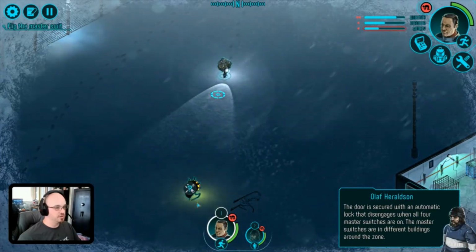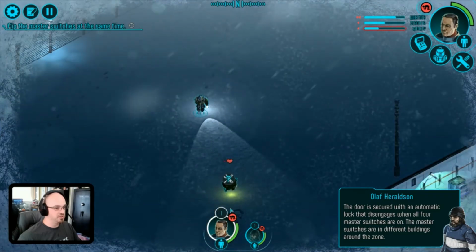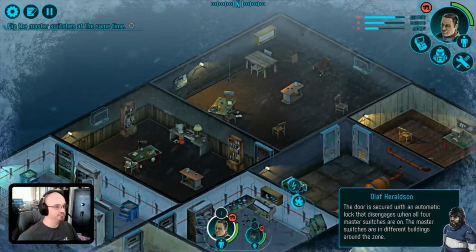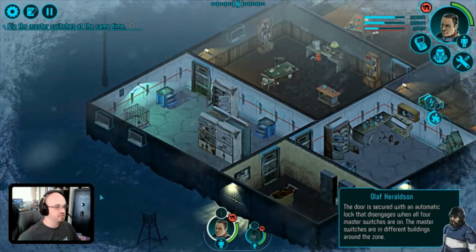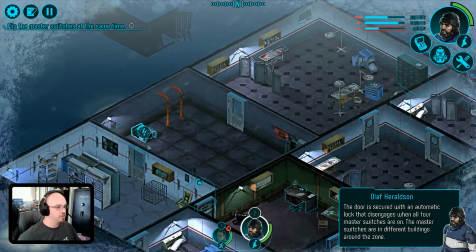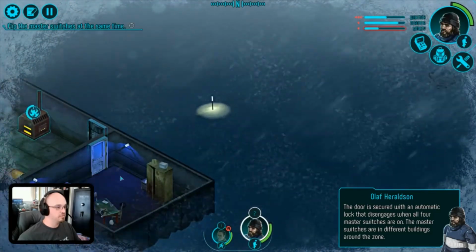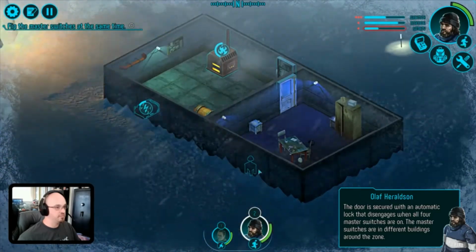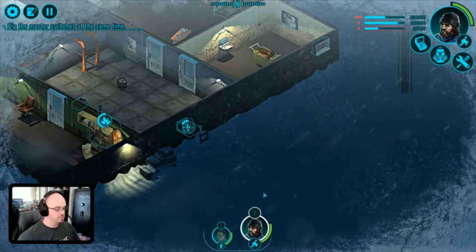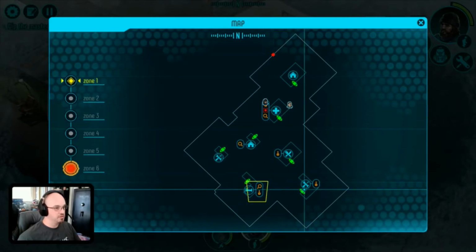The door is secured with an automatic lock that disengages when all 4 master switches are on. The building switches are in different buildings around the zone. Okay. So... I know we got one switch there. And where are all the switches? Oh, discovered them. One there, there, and there. Okay. So...